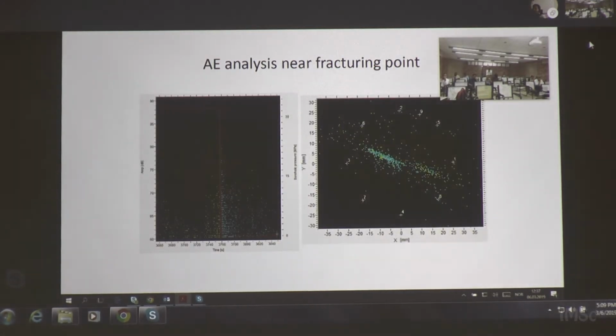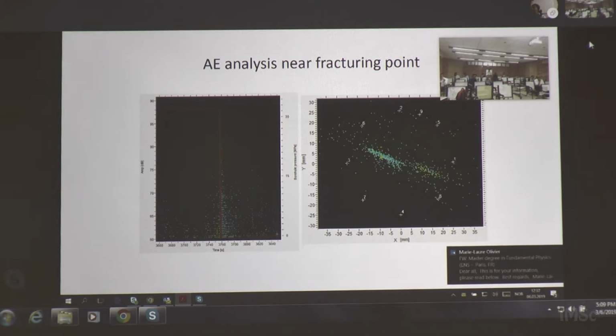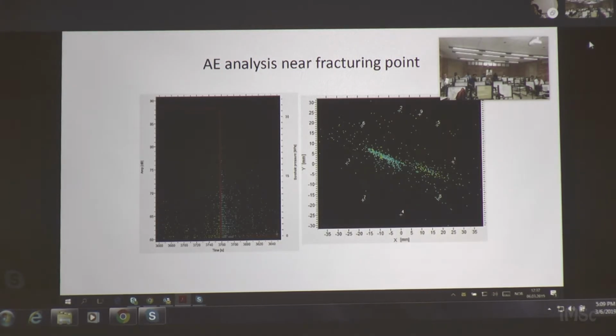We can do some more analysis on these acoustic emission events, to see what is happening at the failure point and failure time. If you just plot the time, this red curve is again the pressure. So pressure drops at the fracturing point, and if you plot all the acoustic events before this